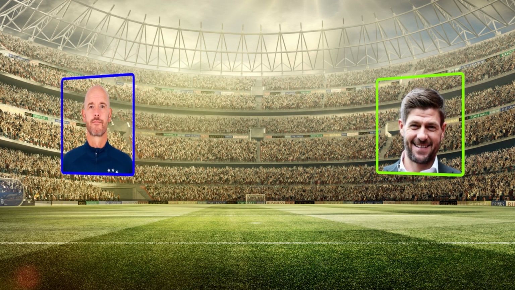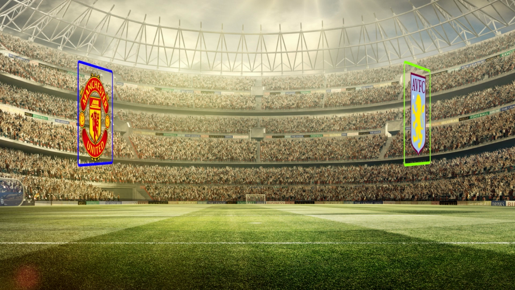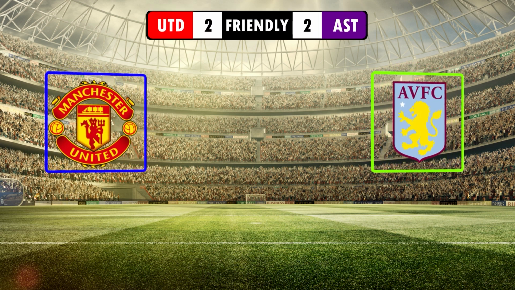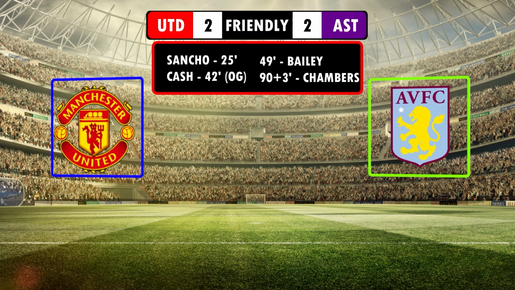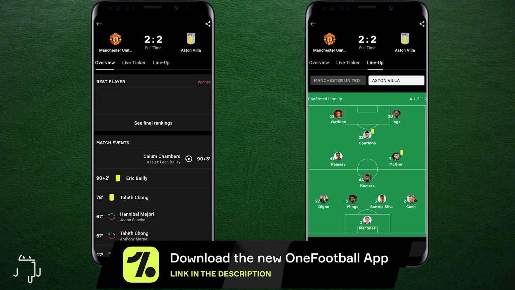In a recent video, we looked at how promising Ten Hag's tactics looked in possession. However, in the 2-2 draw against Villa, they looked vulnerable defensively. So what exactly was the problem defensively? Let's take a look. And this is how both managers chose to line up for this match, courtesy of the